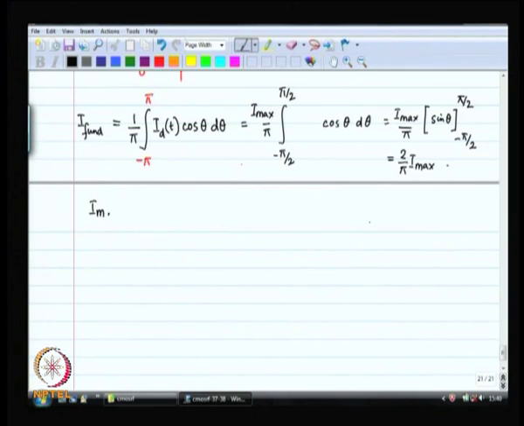And basically you are going to get I max times VDD by pi. Right. This is the power delivered to the load,